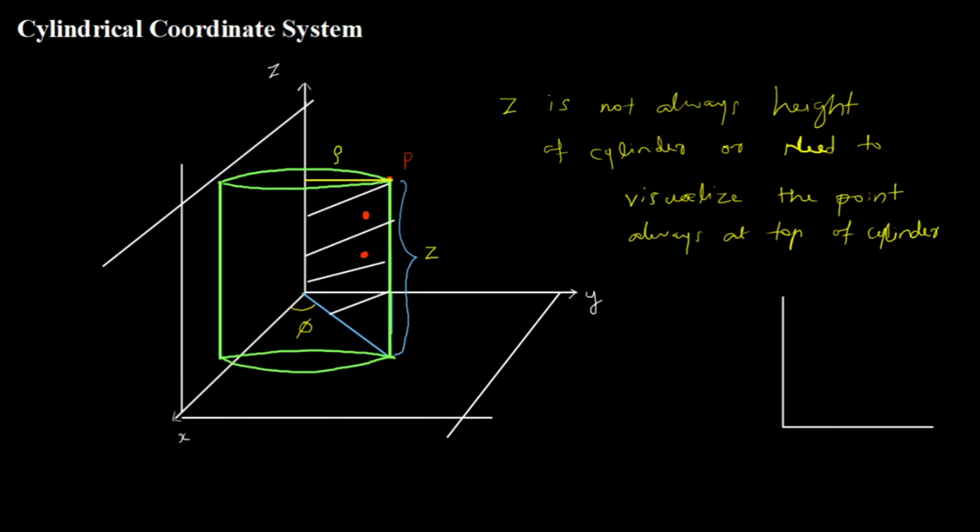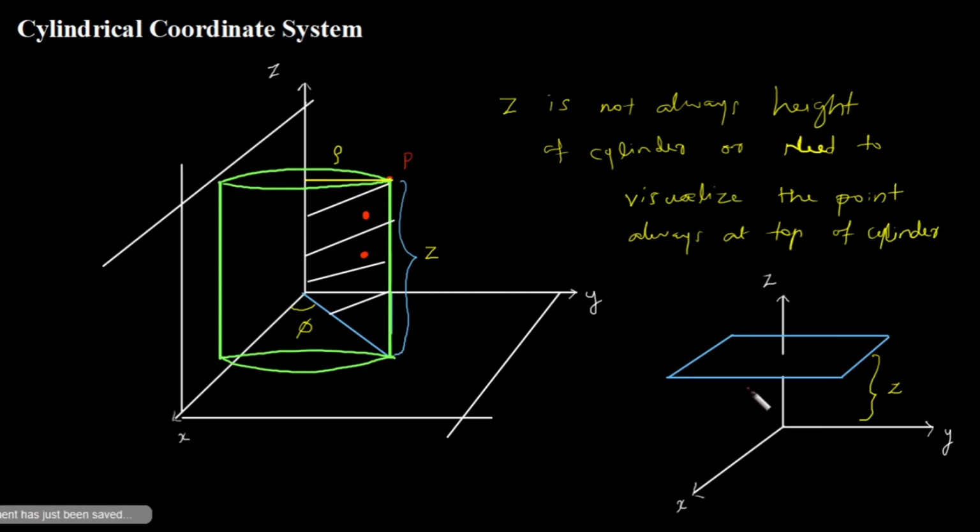So I visualize it something like this. I'll redraw. I'll consider again XYZ coordinate system. So I'm going to consider my z as a plane, which is parallel to my xy plane, where I am dropping the perpendicular from point P. And if I measure this height from xy plane, what is the height of this z plane from xy plane? I will get the coordinate z. So this is better or best practice.